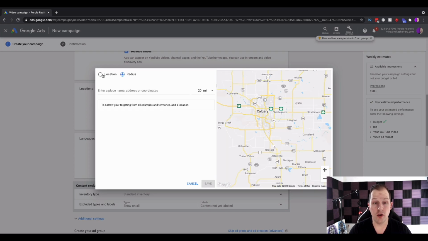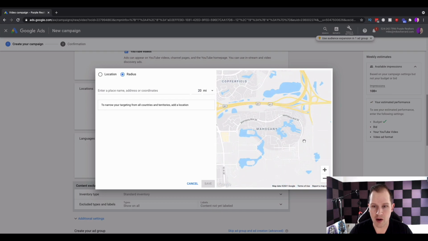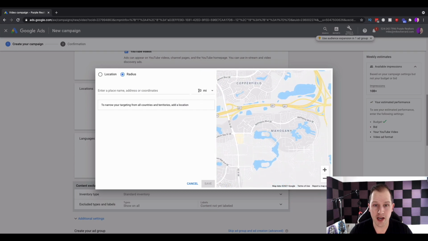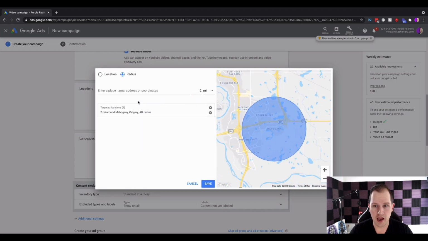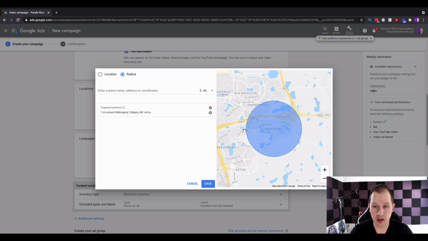Now the next thing we can do is actually target based on a radius. So let's say we wanted to do a smaller radius here, like we wanted to nurture one specific community in my city. Let's say we want to target just Mahogany and the surrounding general area. We can actually put something like a 2-mile radius, and we can select something like Mahogany. And now you can see that you've got a 2-mile radius around Mahogany, and you can actually edit this if you would like. So you can say you want to do a 1-mile radius, and you can see that it